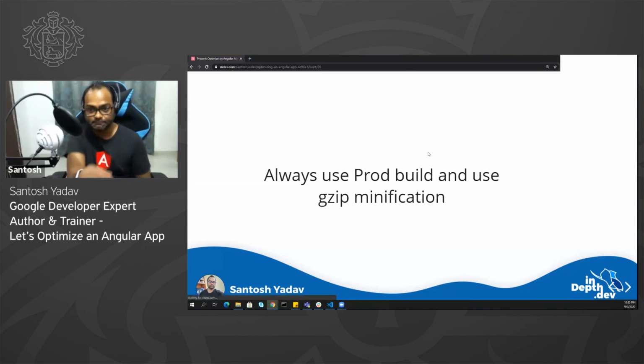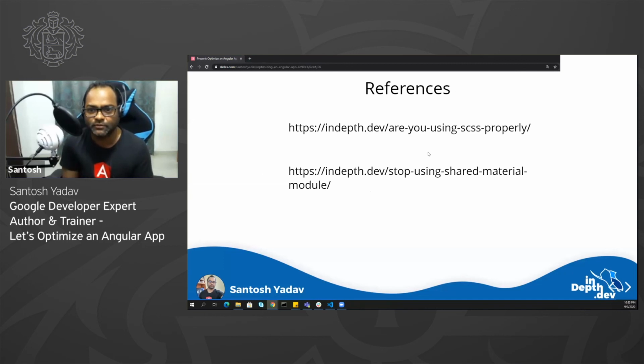And as I said, this will be really short, so I'm almost done. So these are references. As I said, I did 2 POCs before I actually tried to implement everything in my application. Of course, I don't want to break a large enterprise application, otherwise I'll be kicked out of my job. So I did those POCs and I wrote about it. You can just go to indepth.dev and read these 2 blog posts, where I have given all the data as well: what the size was before I started my POC, and what the size was after completing it. It's available there, you can read about it.